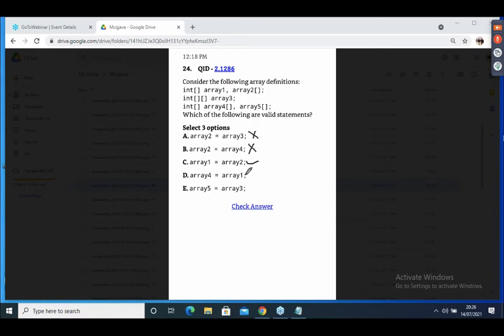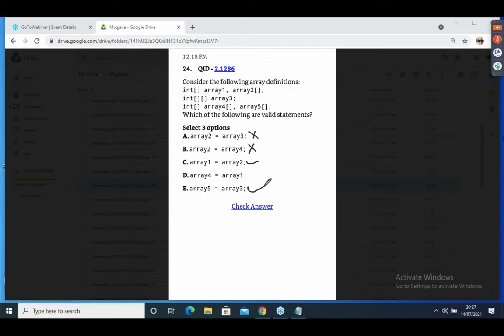AR4 to AR1, AR4 to AR1. Okay. AR5 to AR3, this is also correct. AR1 to AR2 is correct. AR4 to AR1 is not correct. AR5 to AR3 is correct. A two-dimensional variable you can assign to a two-dimensional one only.